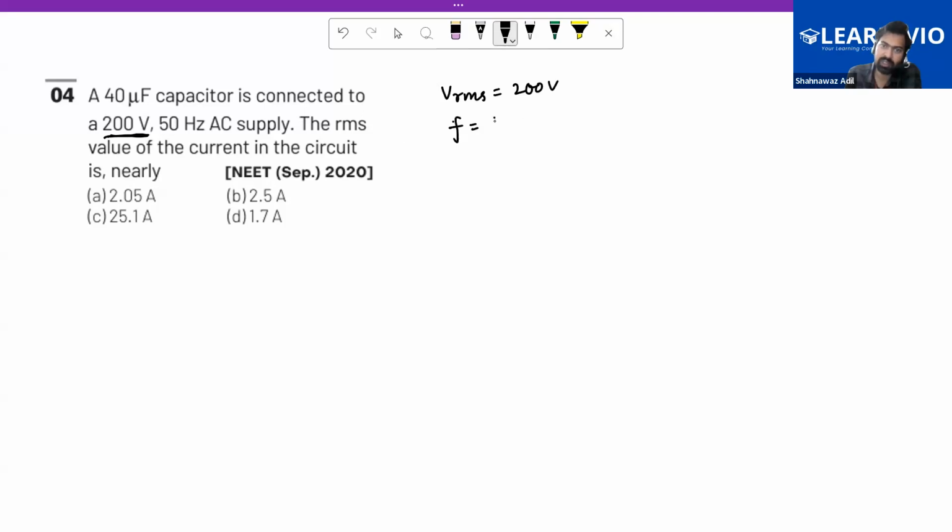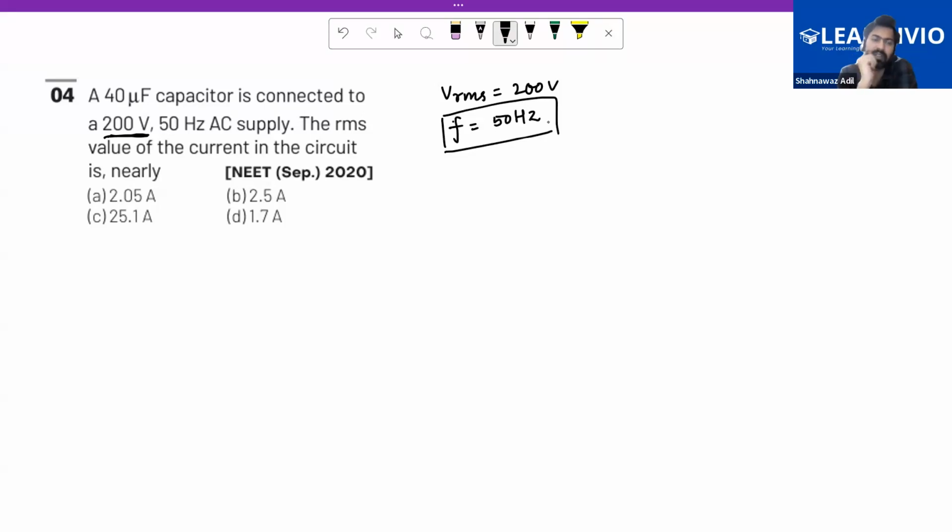And then the RMS value of the current in the circuit is, so a 40 microfarad capacitor is connected to this AC supply, right? And then we have this VRMS, and then we have this frequency given, and from this thing,